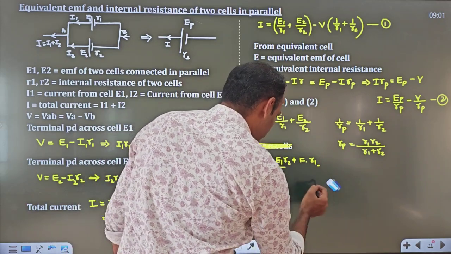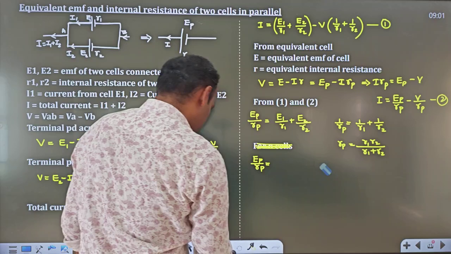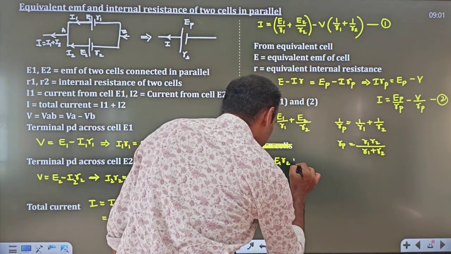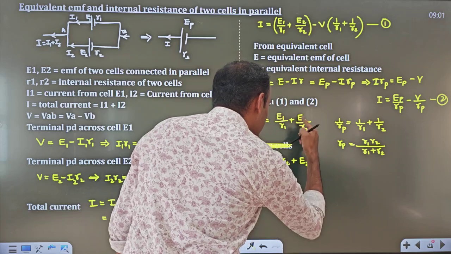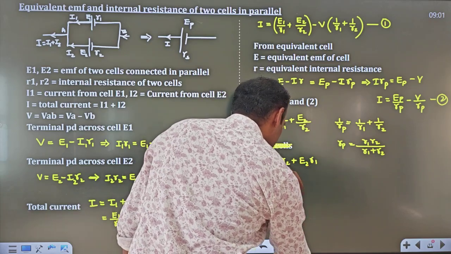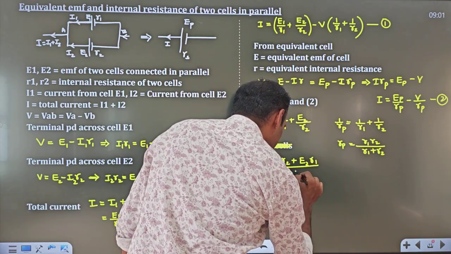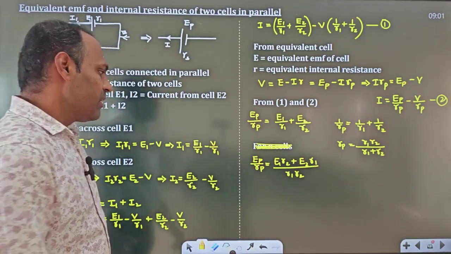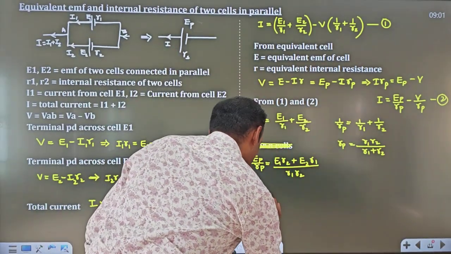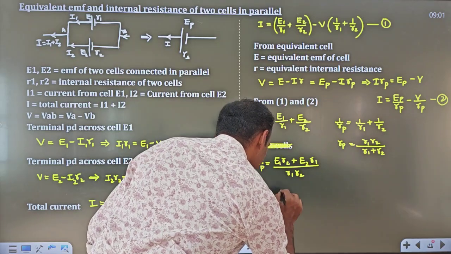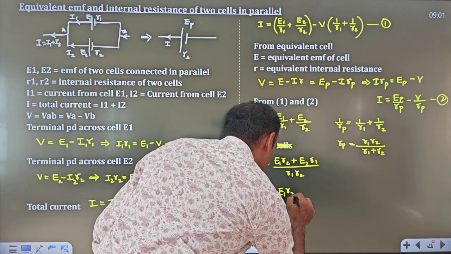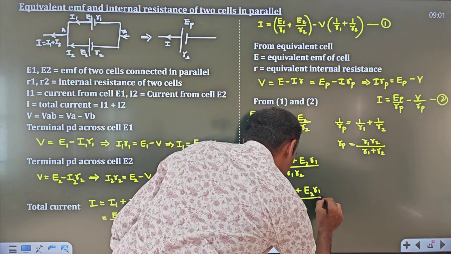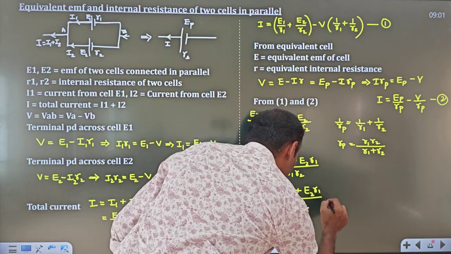I will write it again. See, cross multiply. E1 into R2 plus E2 into R1 divided by R1 into R2. Right? These two get multiplied in the denominator. Now you multiply Rp on that side. What you will get? EP is equal to E1 into R2 plus E2 into R1 divided by R1 into R2